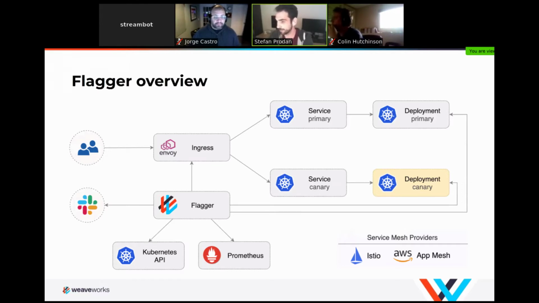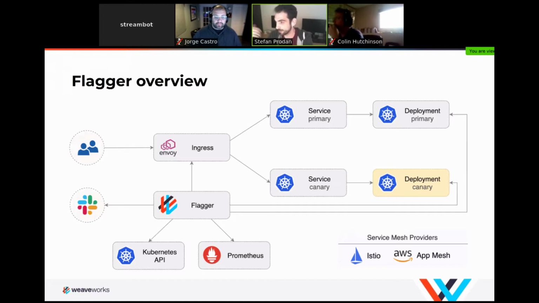Why does it do that? Because every time you modify something, let's say you modify your container image tag, or you modify something in a config map, that change will go through the analysis phase.